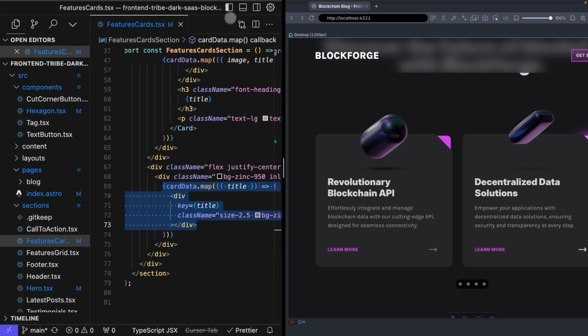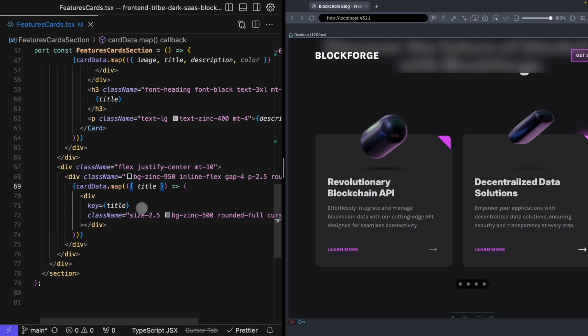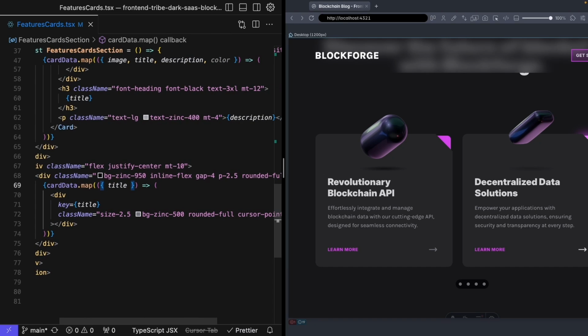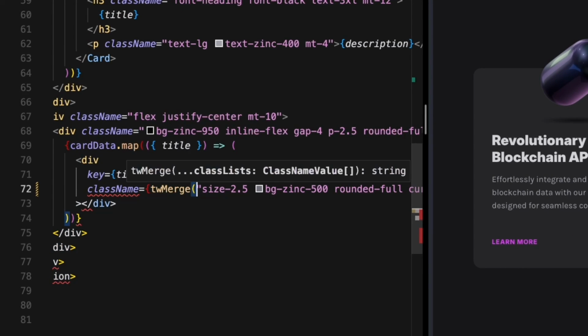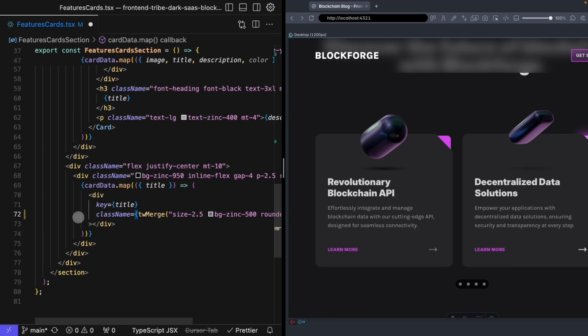So let me go ahead and put in my sidebar so that we can see this a little bit better and see what we need to do in order to make this update happen. So they're currently BG Zinc 500. We can probably change that with TW-merge. So let me go ahead and add the TW-merge function,